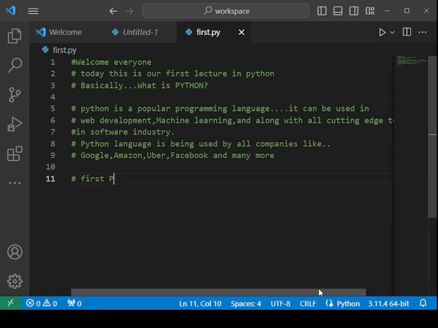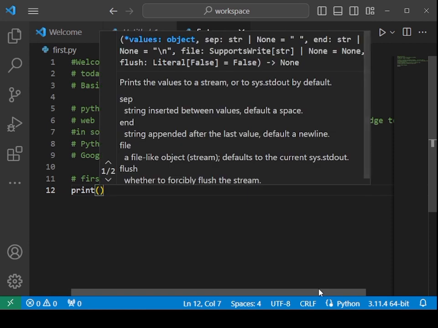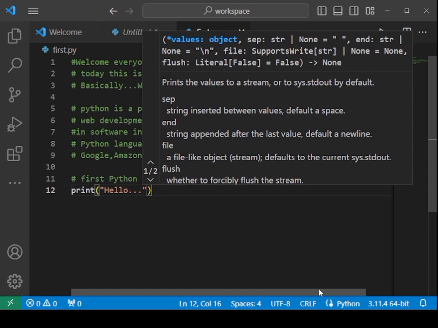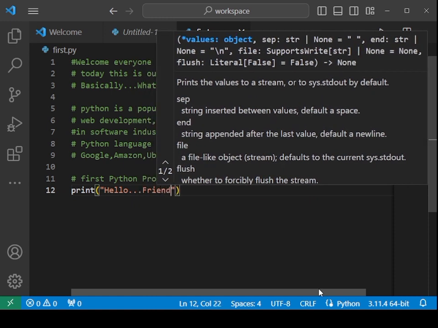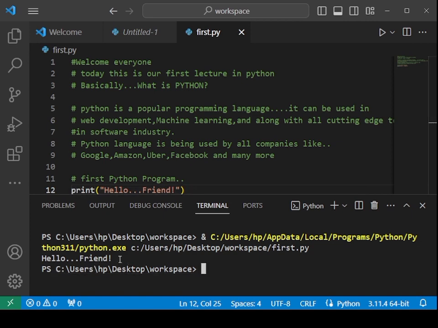So here we are going to write the first Python program. In most cases the first Python program is just a simple print statement. So this is the syntax of printing something. To print something we have to write the print function and parentheses, and the thing that we have to print is enclosed in the parentheses. This is the output of the function. This is the hello